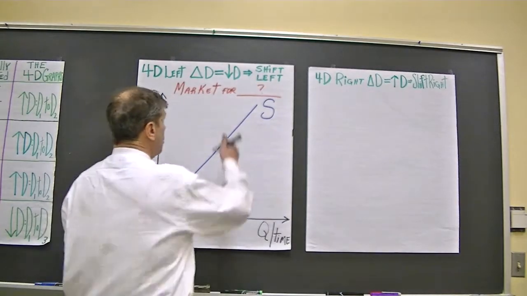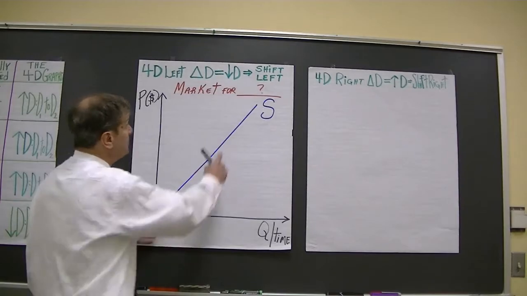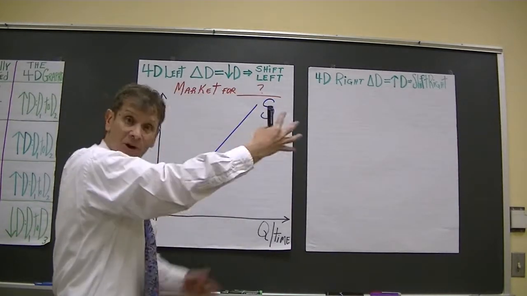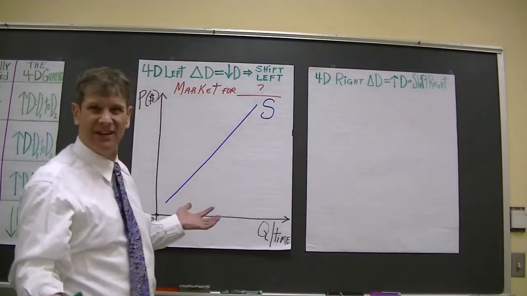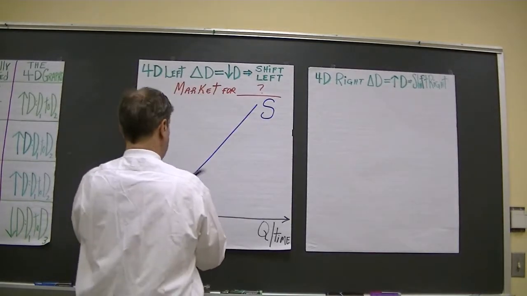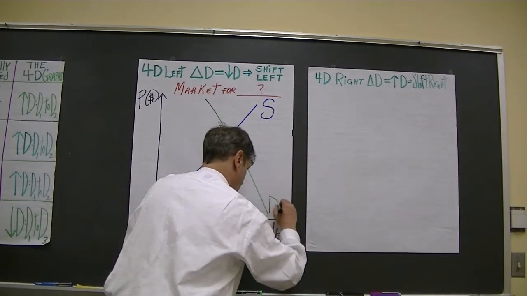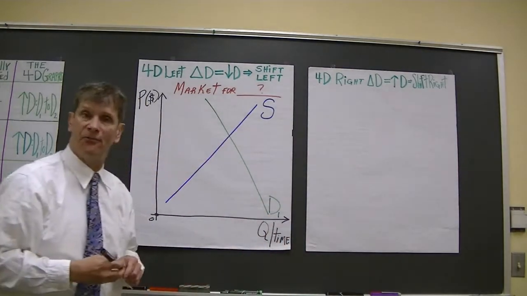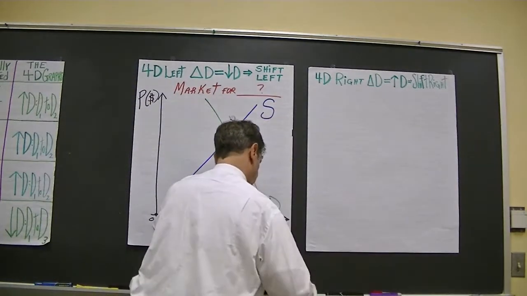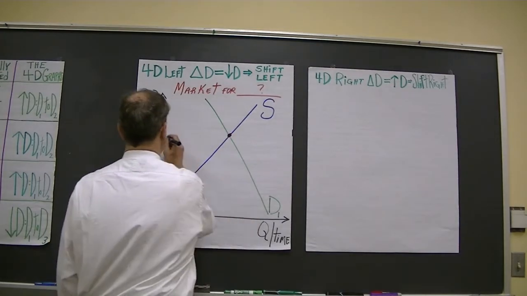Now, we don't want to draw the first demand curve way over here to the left, because when we have a decrease in demand, we need to shift the second demand curve to the left. So we practically have to give ourselves some room. So we're going to come out, start about the top, and have D1 for our first demand curve, okay? And we're going to label